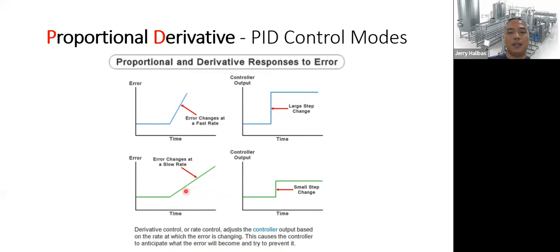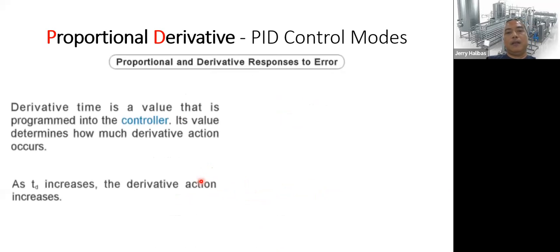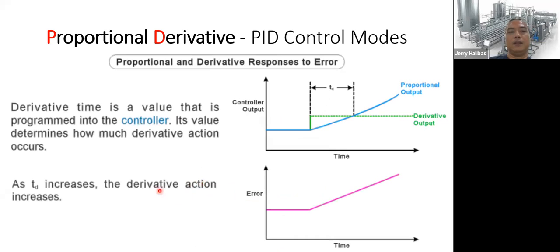It is constant. Here, gradually, the error has not risen far yet. It anticipates that a large error is coming. So applying derivative or differential, it gives a constant, or what is known as a step change, to prevent the error from increasing. Okay, so